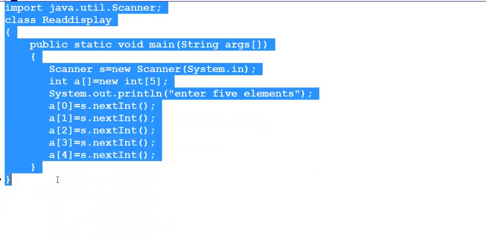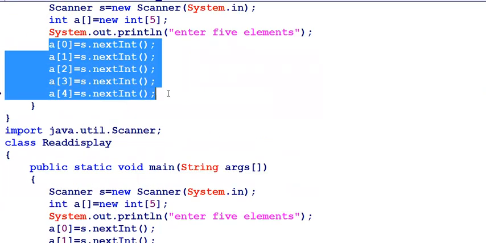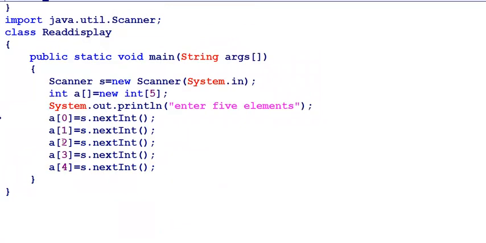In the same program, rather than writing 5 lines, I can write 1 line. So for int i equals 0, i less than 5, that is, 5 is not included, up to 4 included, i plus plus.